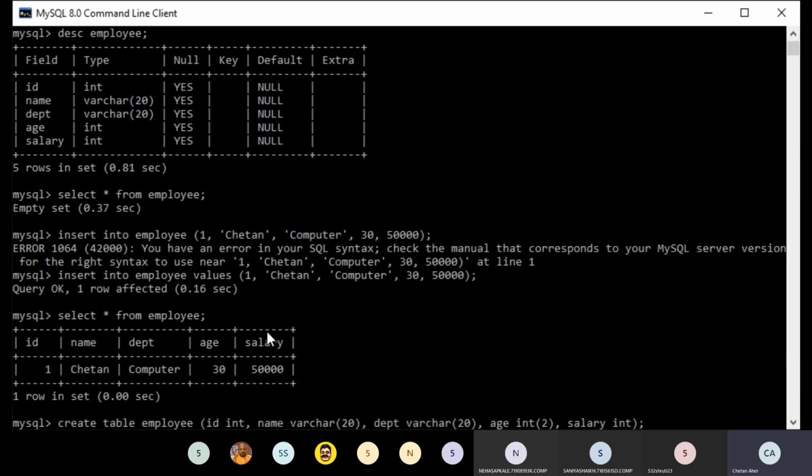Next we have to enter some more values. Let's do the same thing.